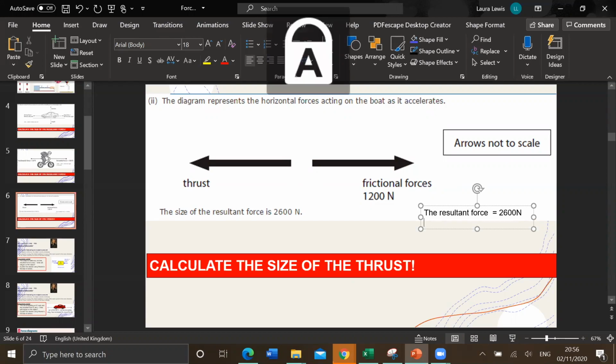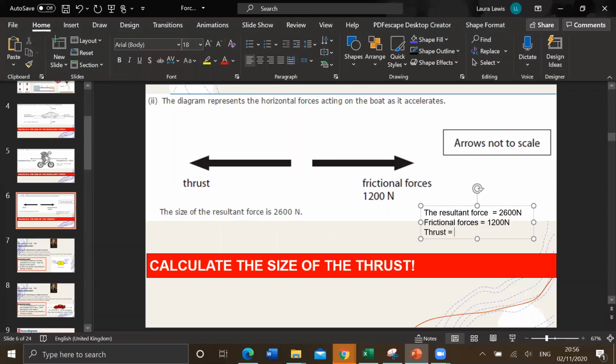Frictional forces, you still get friction from water, is 1,200 newtons. So it's asking us what the thrust is. Thrust is another word for force from the engine. So the resultant force is 2,600, and the frictional forces, going backwards, 1,200. So thrust must be